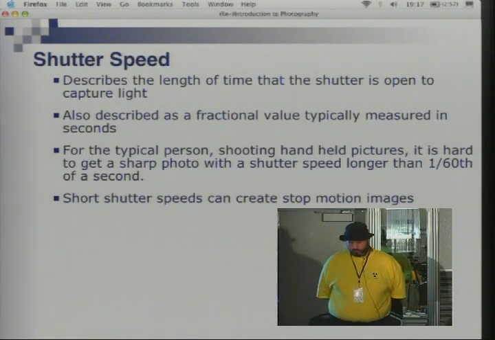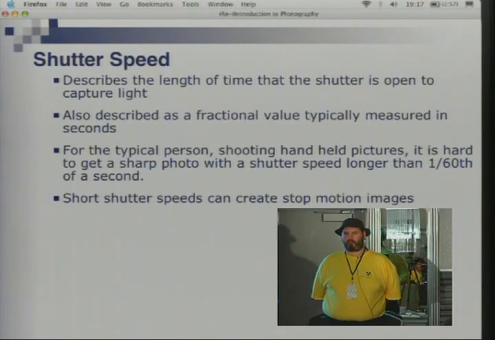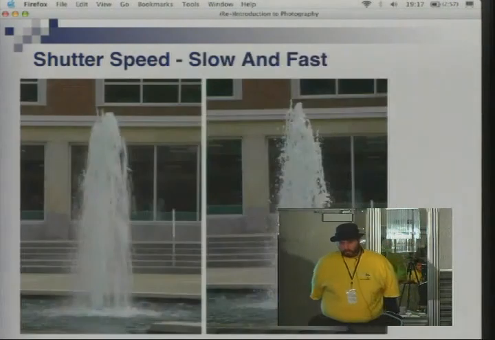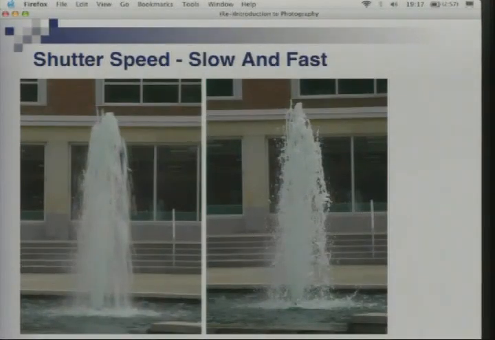Okay, so short shutter speeds can create stop motion images. We can freeze reality for a mere moment and take a picture of it. And since every manual on the planet regarding photography does this, here's mine. Fountains are this wonderful thing that you can stop motion of, and they blur out beautifully, and yeah. The one on the left, long,